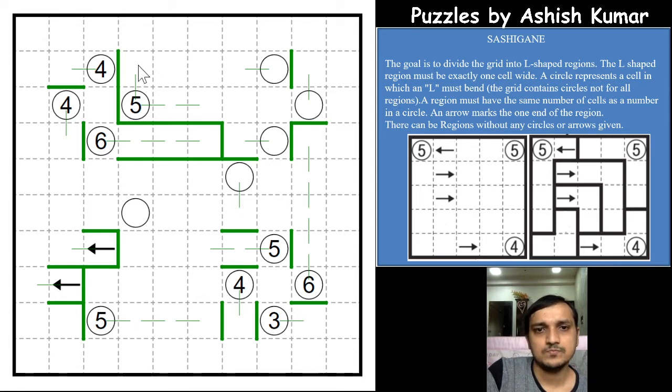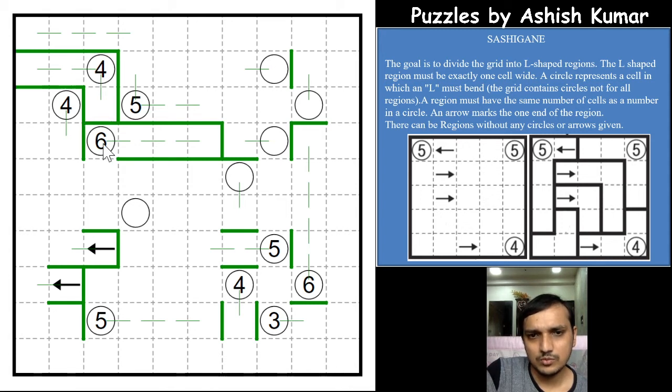Okay, if you see this 4, either of these one cell or this one cell will be part of the 4, and the other 2 cell has to go straight, right? So now this cell has to be part of one of the regions, and it has to extend this way, which makes this 4 come down, and this 6 go down both the cells, which makes this circle go towards the left, right? And this 5 has only this cell remaining, so it has formed a 5 cell region.